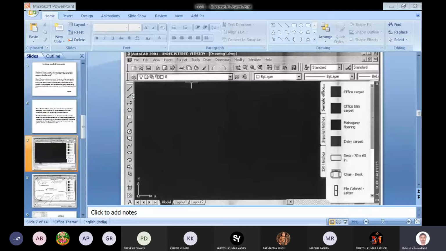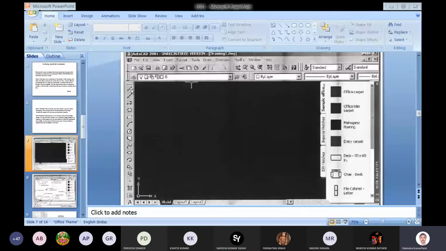And there are others: construction line, polyline, polygon, rectangle, arc, circle, like that. There are various icons for different commands. Whenever you press the icon, you can execute that particular command directly.